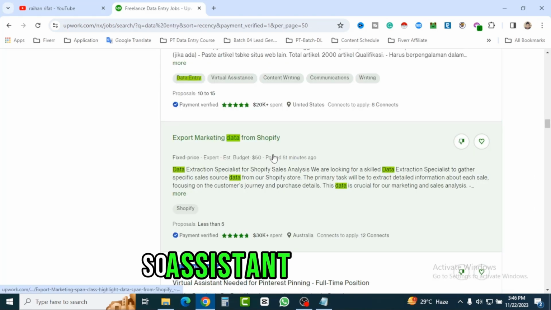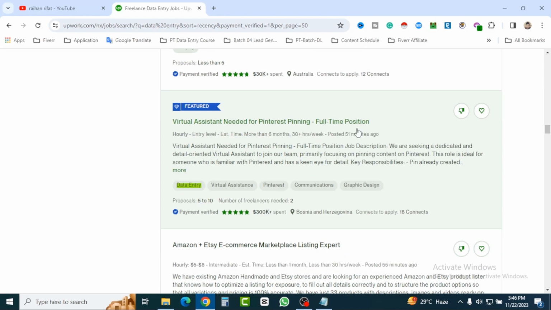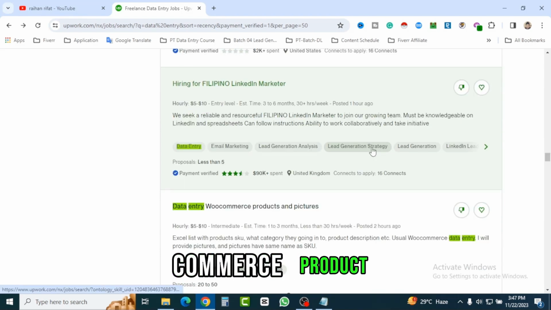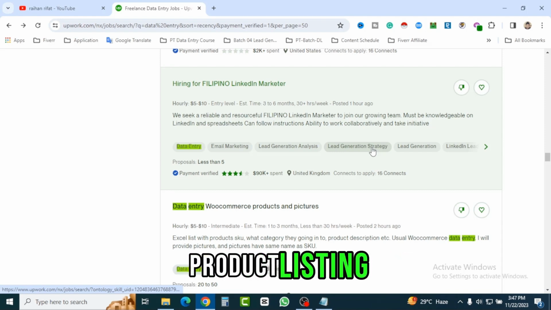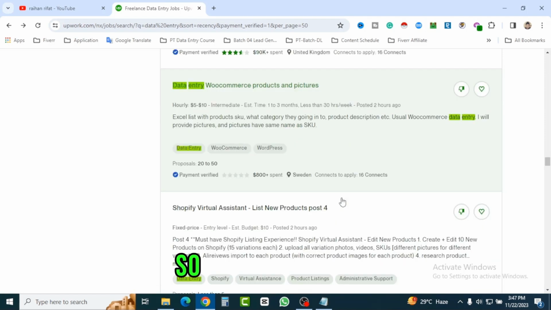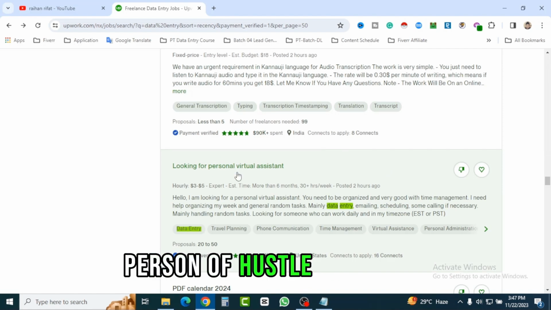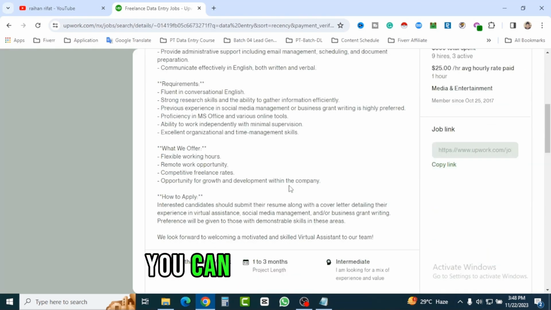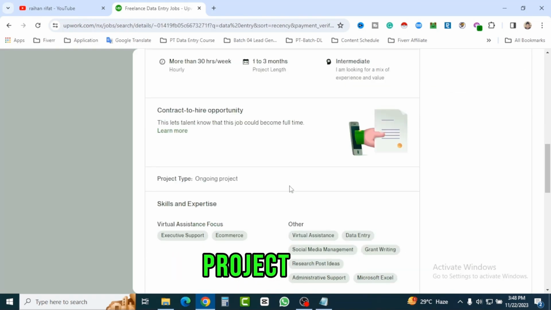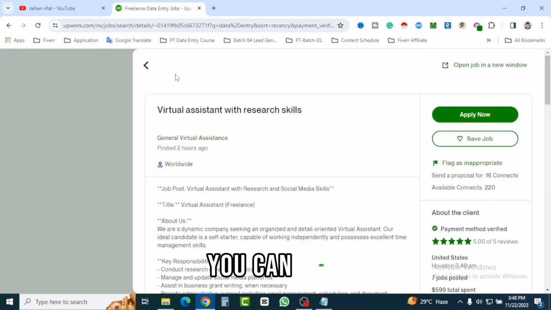And here you can see virtual assistant needed for Pinterest pinning, full-time position, data entry, e-commerce product and pictures. Okay, so if you know you can do e-commerce product listing or data entry e-commerce, you can do this. Looking for a personal virtual assistant, and the skills should be data entry, mainly data entry, emailing, scheduling. And if you think you can do this project, just apply. Okay, so this is how you can find lots of virtual assistant, data entry, lead generation, copy paste, web research